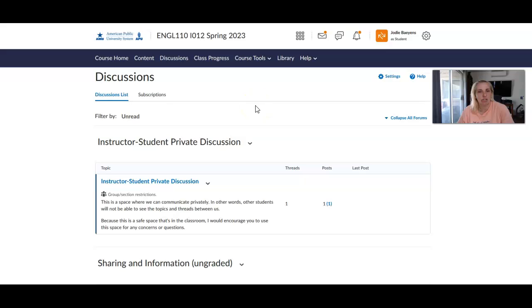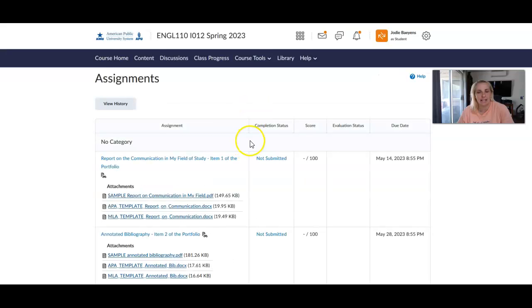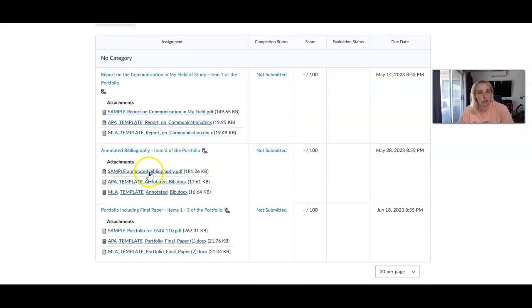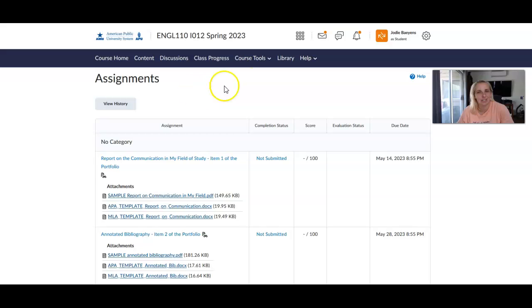Assignments: these are going to be your larger assignments in the class. The discussion boards are worth a decent part of the grade, but these are your major assignments. In this class, we have a field report, an annotated bibliography, and a final portfolio. For your final portfolio, you're going to revise these first 2 pieces based on the feedback that I give you, and then you're going to include them here. A lot of students miss that and lose a lot of points, so I'm letting you know here, if you're watching this video,